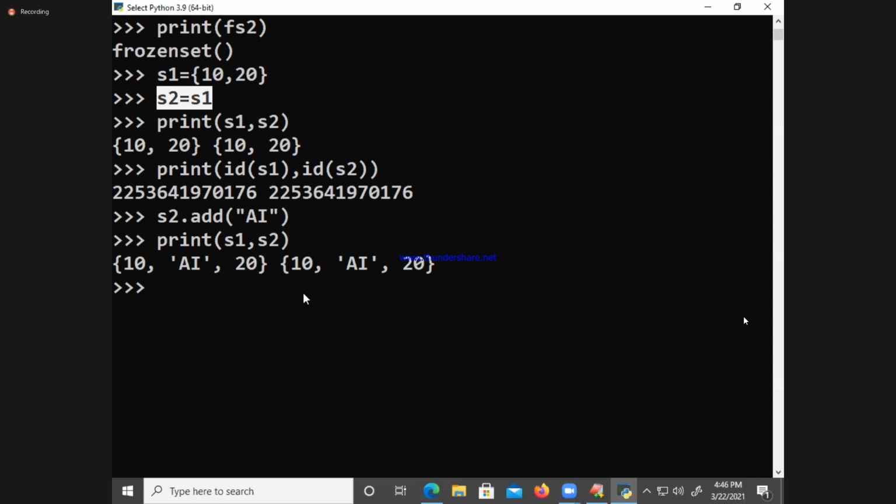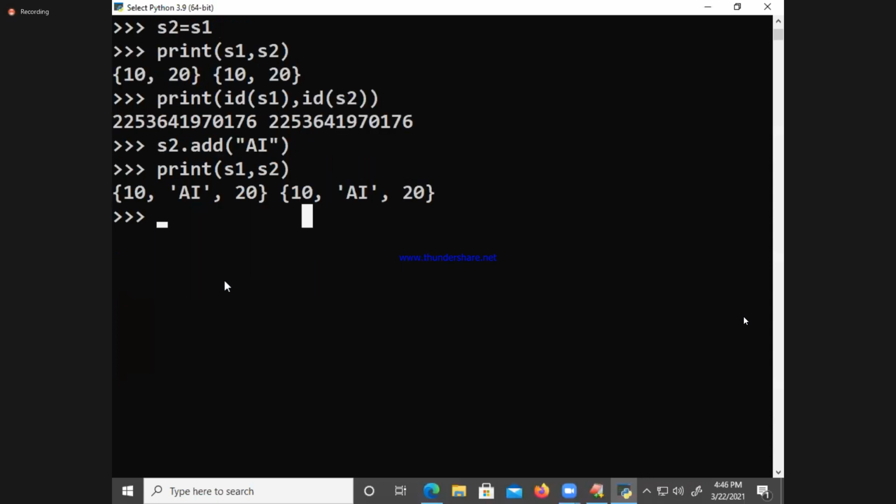Now you come to the frozen set. FS1 is equal to frozen set of S1. FS2 is equal to FS1.